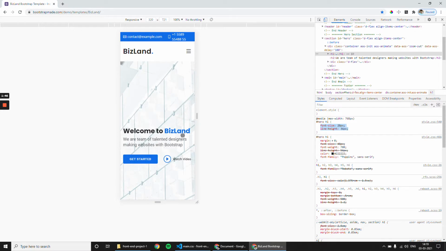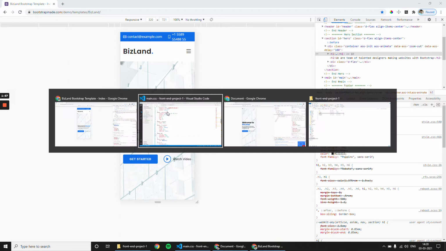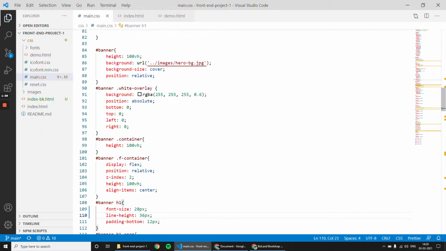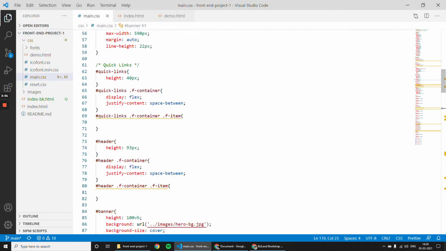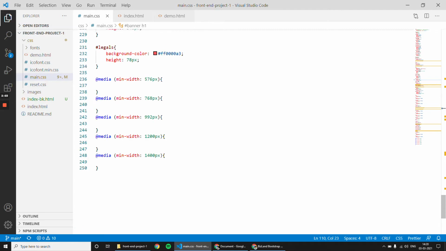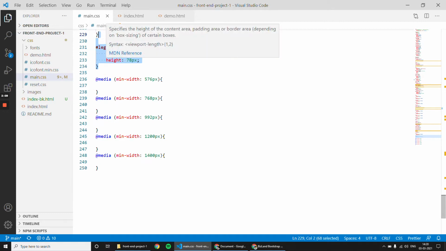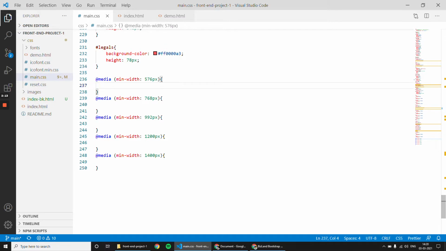Likewise, you can find the value of other elements for paragraph and other buttons. The same way you can inspect from here and paste it in the default view. Default view means some styles that we write before the media query. Okay, before the media query we write some styles that is for mobile view or small screen view of our web page. The next one that we have to target is 576 breakpoint.